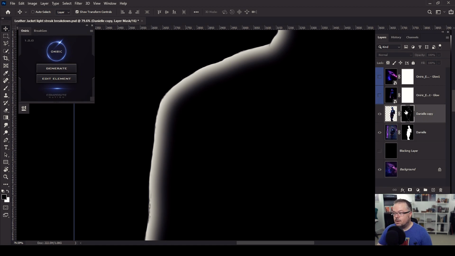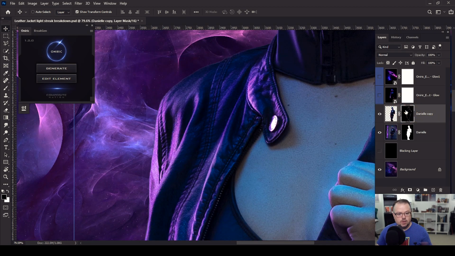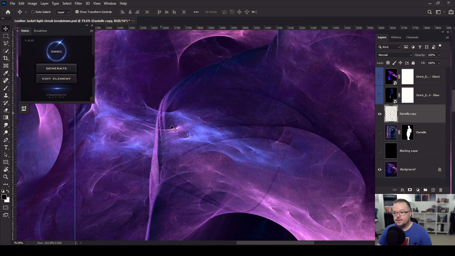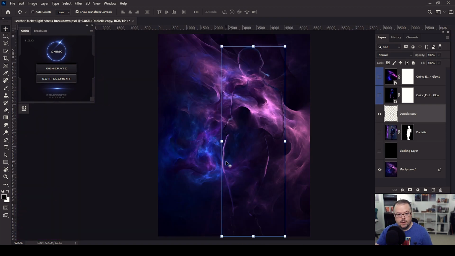What I'm going to do now is to right click the layer mask itself. Let's go ahead and Alt or Option click the layer mask to go back into the real view. And if I right click the layer mask and then hit Apply Layer Mask, and I'm going to turn off the original layer of Danielle, now we have this thin layer of her all the way around, and this is the layer that we can take into Oniric to start creating the first